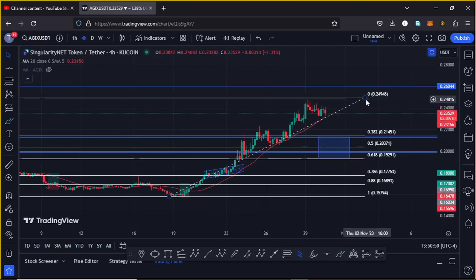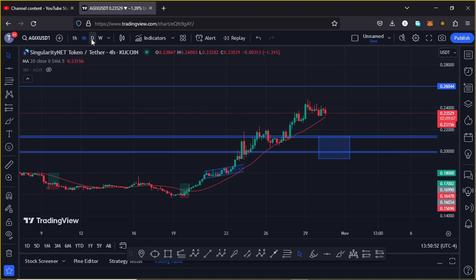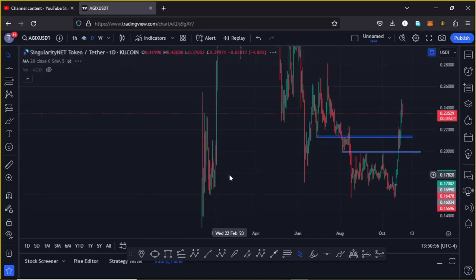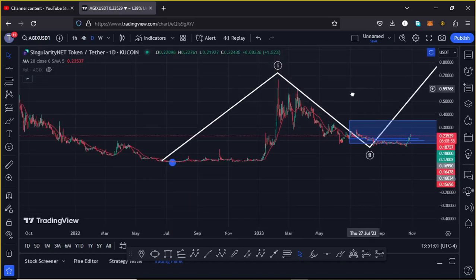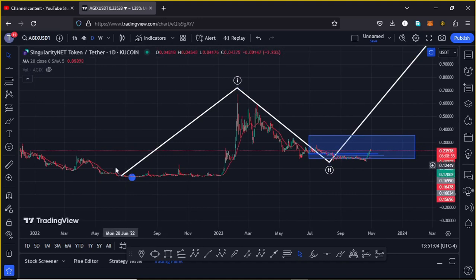And now jumping to the daily chart to also give you my long-term Elliott wave analysis and what we can expect on the AGIX chart once the bull market starts. You can see that back in 2022, we saw these lows down here before we saw that massive push to the upside, giving us a high above the $0.67 mark, completing the formation of this wave 1 to the upper side. And after seeing the formation of that first wave, we started a corrective structure in the formation of this wave 2, in a move that has now managed to get into the minimum target area highlighted on the chart using this blue target area.